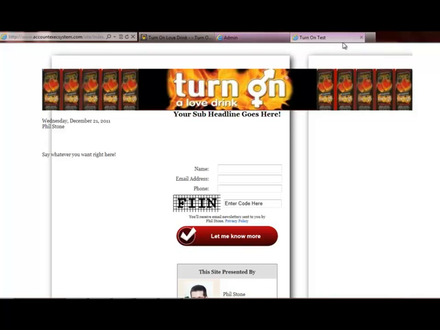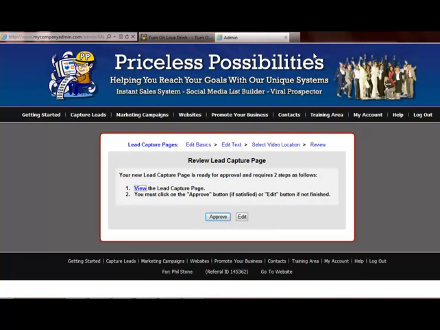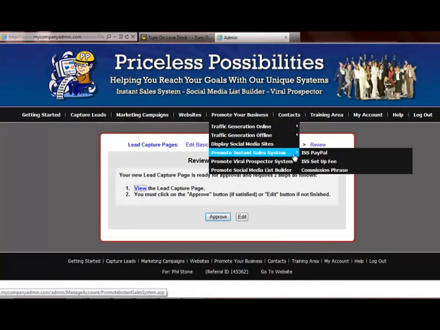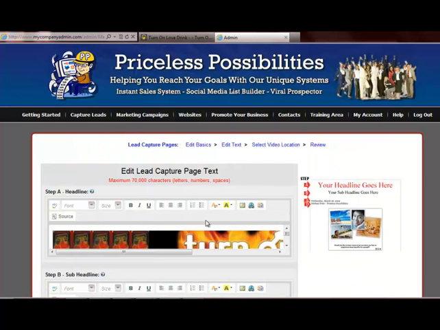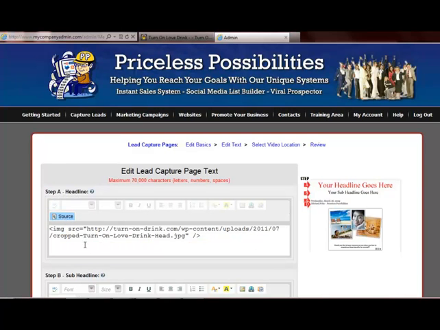Okay, so we're going to close this up. Go back to our admin area here. Come on, get on. And we're going to go back and edit text again. And what we'll do, we'll go back to source. We're going to have to tell it how big it is. We're going to have to say something about how big it is. So let's do it right after we'll do the space. Right in here, we'll